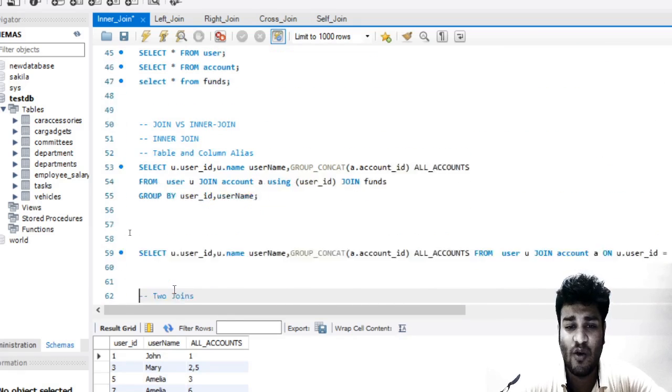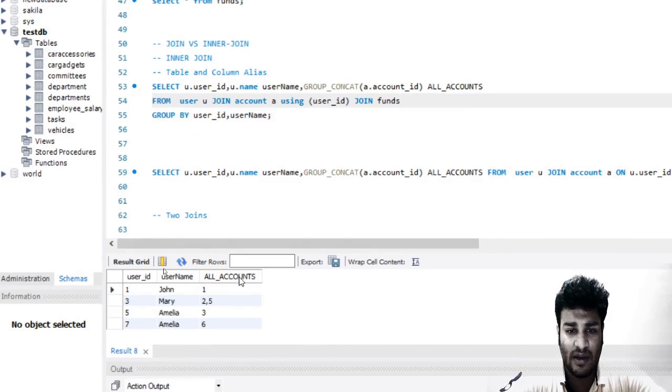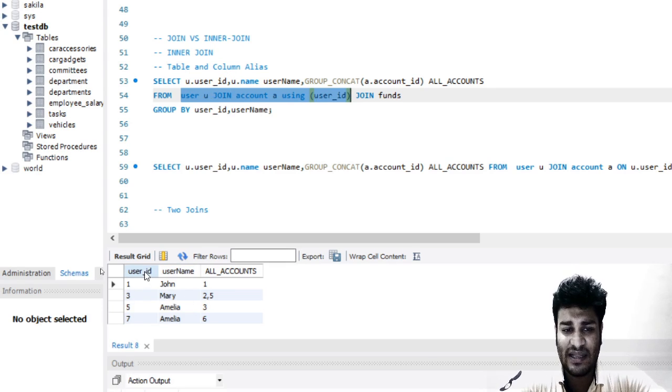So I will just go ahead over here and say join funds, and this table as a whole joins to funds. These are the columns which have been fetched at the end, but this particular table has more columns, right?